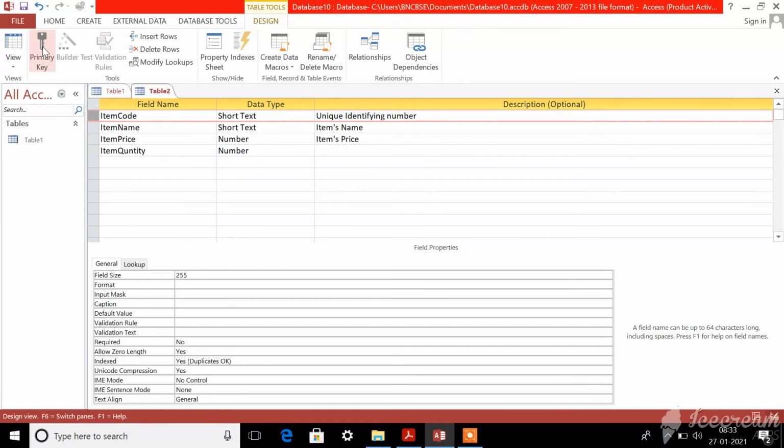Dear children, understand? Today I want all of you to try this out. Try this in your house by setting and removing your primary key. With this I'm going to wind up today's session. In this, we have seen how to open a table in the design view, how to enter data in the design view, how to select the type of data, and how to set and remove the primary key.